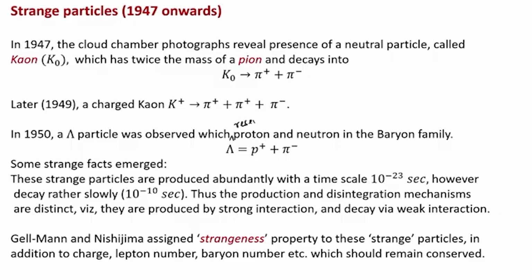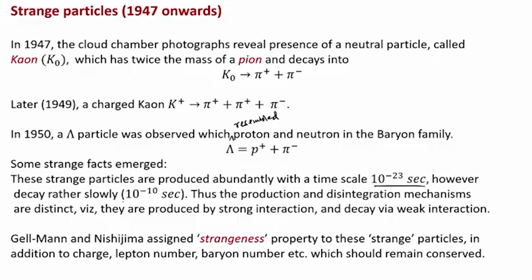In 1950 another new particle, called the lambda particle, was found, which resembled the proton and neutron in the baryon family, and some strange facts emerged. The strange particles are produced abundantly with a time scale of 10 to the power minus 23 seconds. It is easy to understand, because the larger the energy, the smaller the time scale, by the uncertainty relation. So, they are produced at this rate,